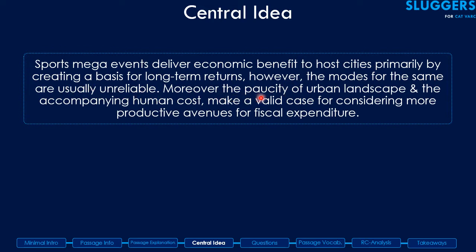Moreover, the paucity of urban landscape and the accompanying human cost make a valid case for considering more productive avenues for fiscal expenditure. Yes, that's exactly what he says. So I'll just take you through this, see guys, the central idea